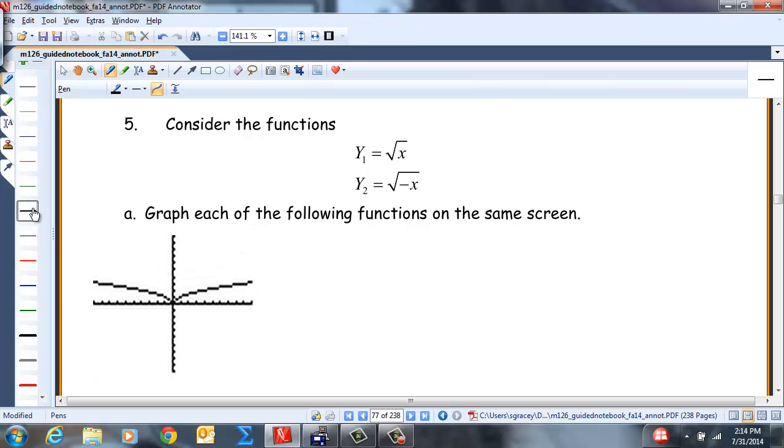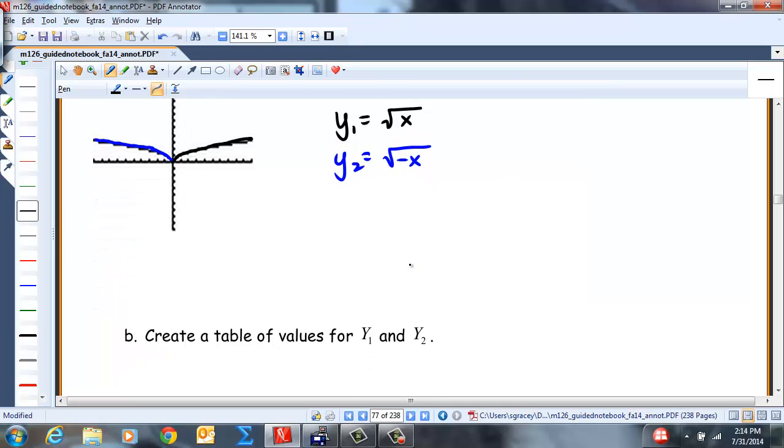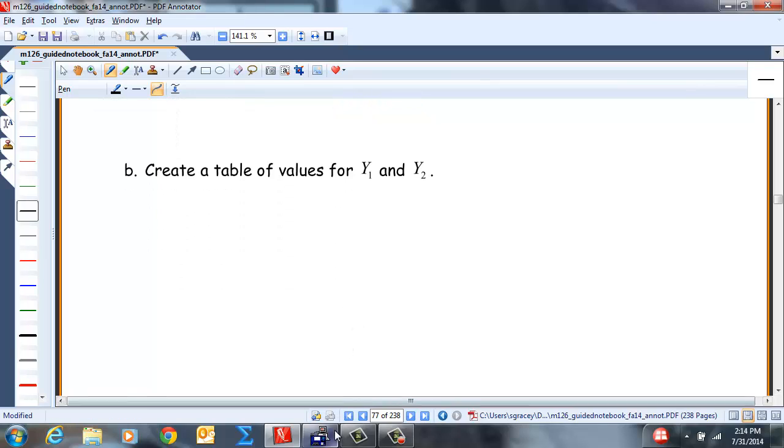So the original initial graph is this guy. And then the second graph is this one here. Okay, so y2 was the square root of the opposite of x, and y1 is the square root of x. So creating a table of values for y1 and y2,